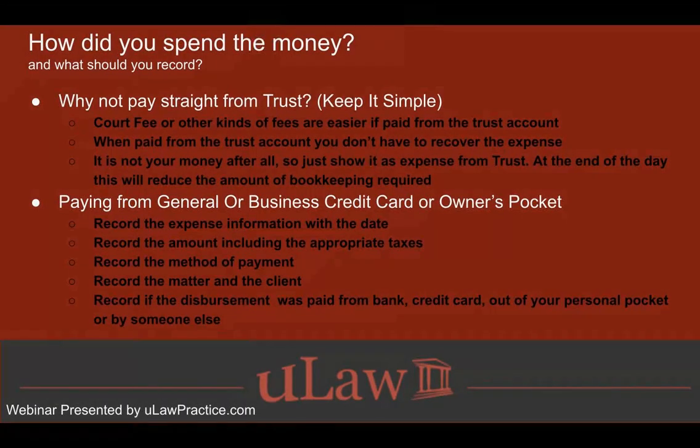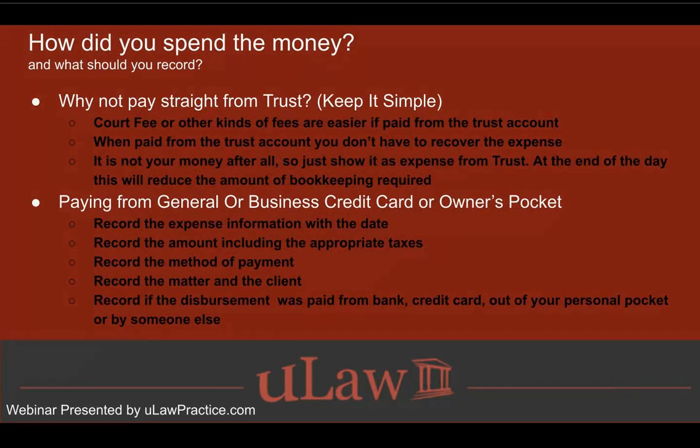Number 1, you're paying out of your trust for any kind of fee, actual amount. And then that's the second thing. It's an actual amount. It's not a marked up value. So any kind of fee, an actual amount, money sitting in trust, go for it, use it. And then you can always replace it. And you can always show it on the invoice and tell your client that it was used for this.